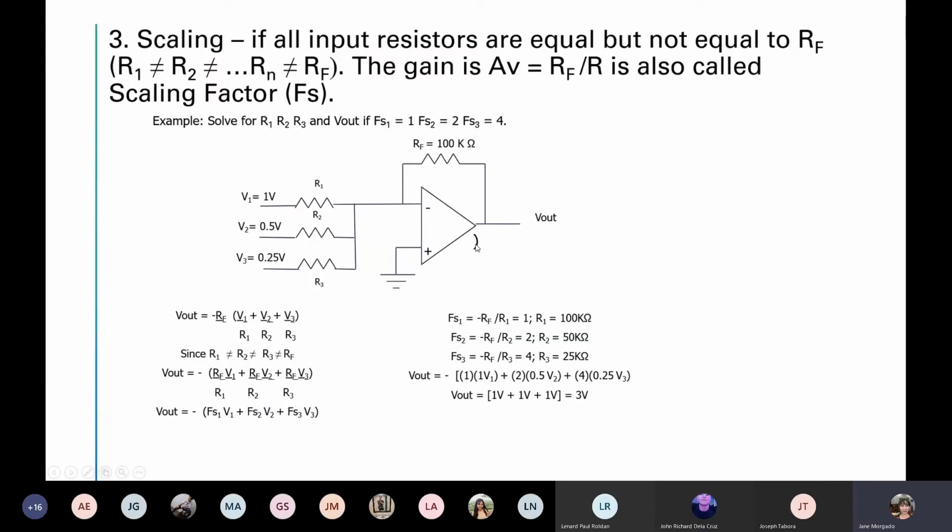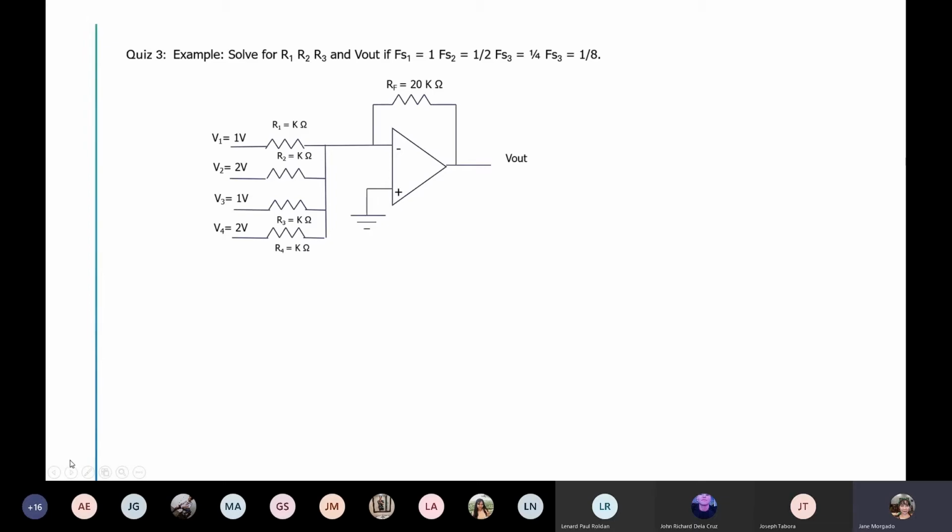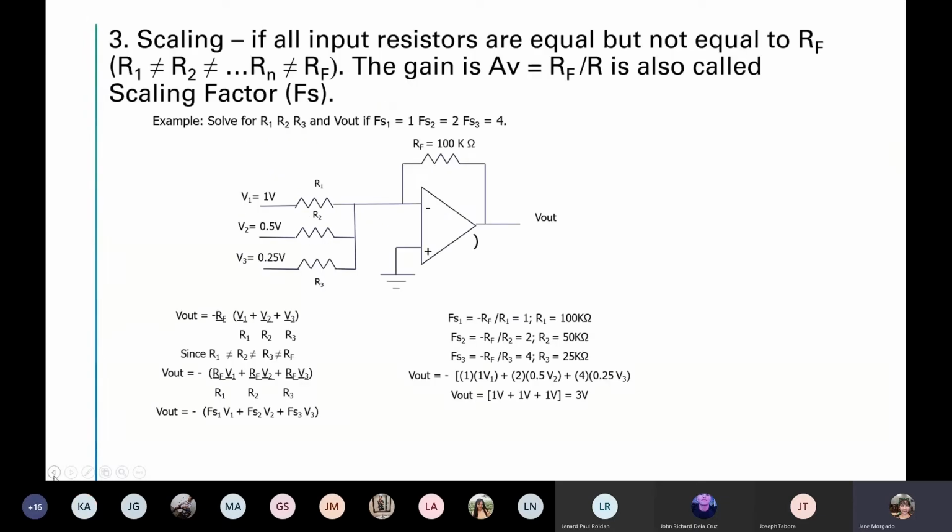Third is scaling. Scaling means that no resistors are equal. Depende, may tinatawag tayong scaling factor or weight. So, you're assigning weight to the input resistances. Okay, halimbawa dito, solve for R1, R2, and R3 and V out if the scaling factor, yung weight